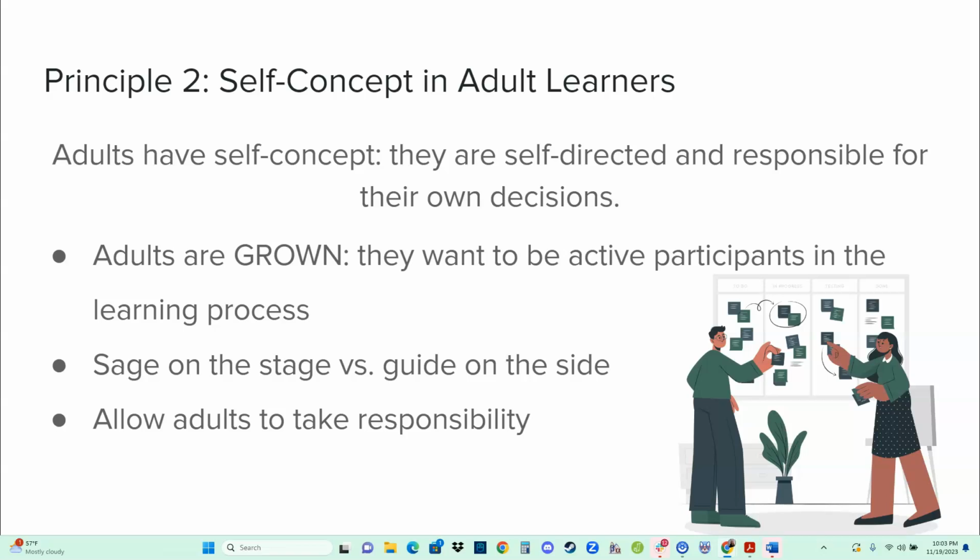You could also give them the opportunity to engage in leadership roles. So allow them to lead class discussions, allow them to be a group leader as well. That can be something that can be really supportive. And we'll talk more about experience in just a second. But the idea here is that we can give them the opportunity to share their relevant experiences. And that can be very, very powerful.